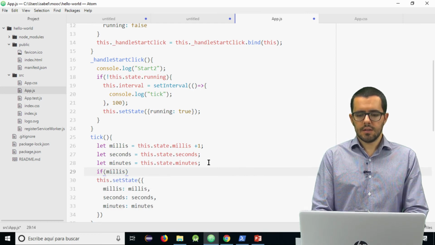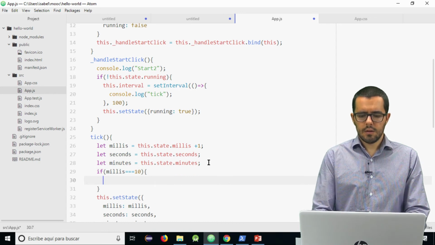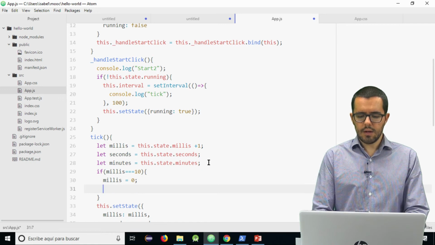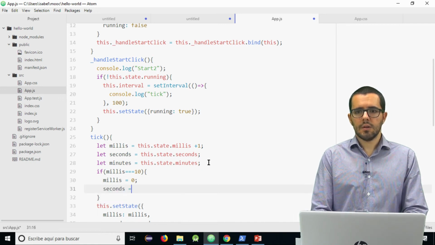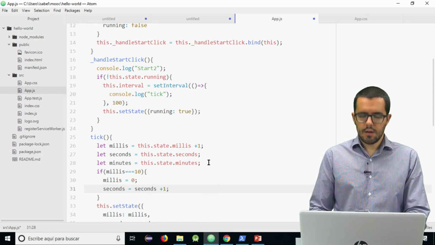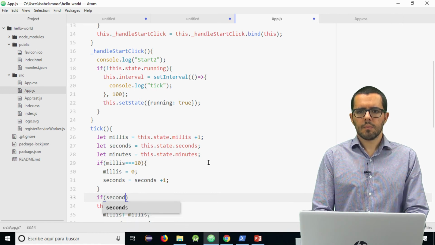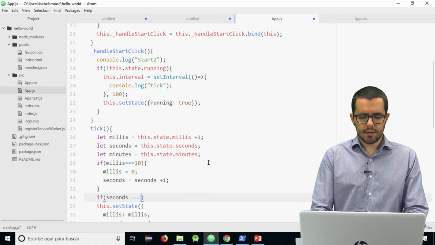If millis are 10, then millis will become 0, and seconds will be seconds plus 1. And what happens when seconds are 60?